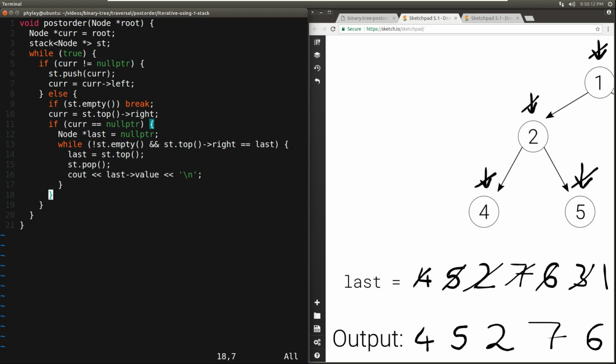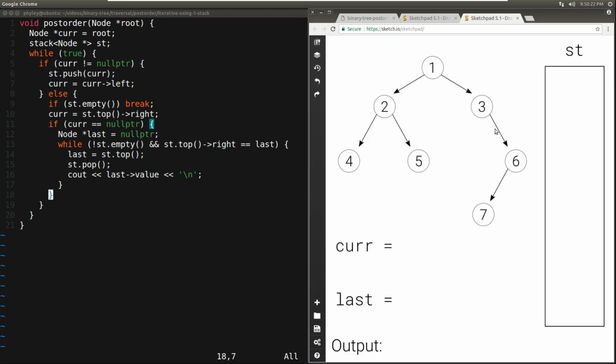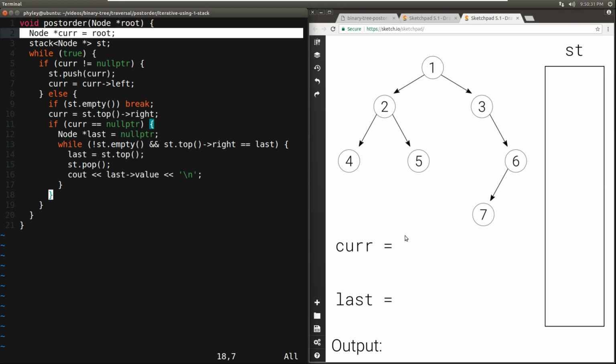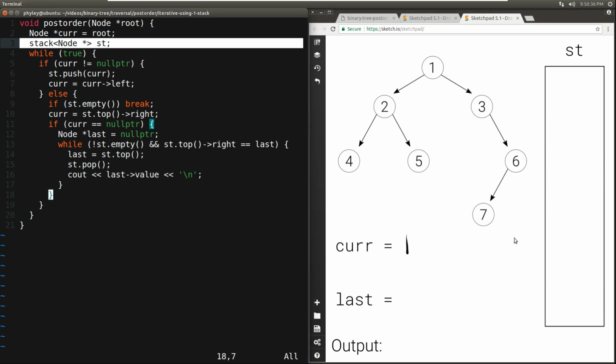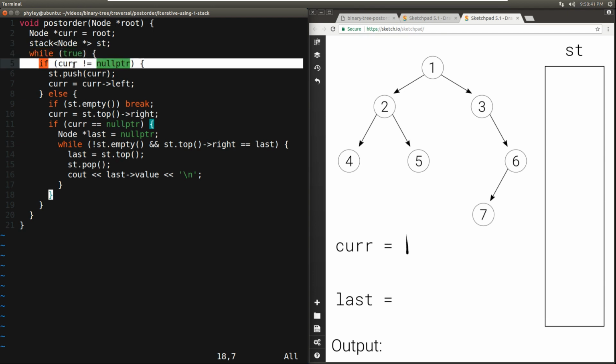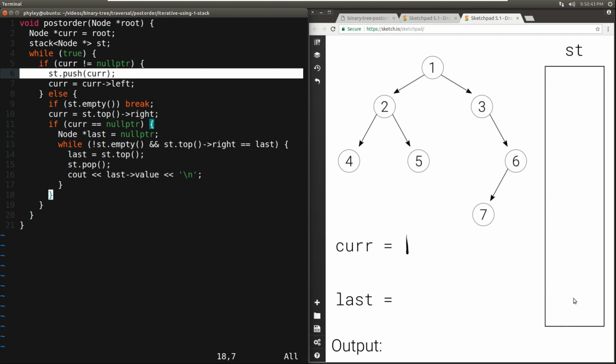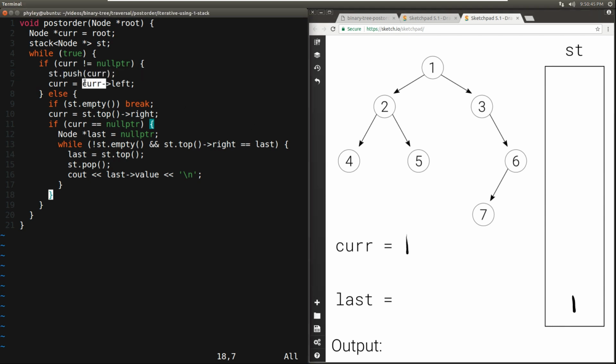So to make this more clear and to verify that the function actually works, we'll run through an example. So we again have the same tree we've seen before with root 1. So we call postorder passing root 1. We initialize current to root, so to 1. Then we initialize our stack as empty, and then we're going to enter a while loop. So while current is different from null, we're going to push current to the stack